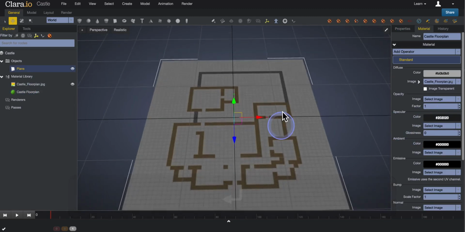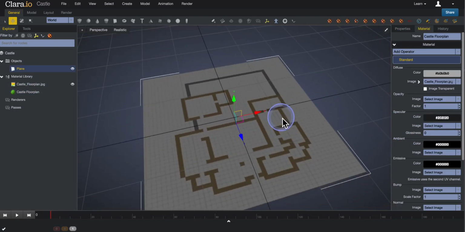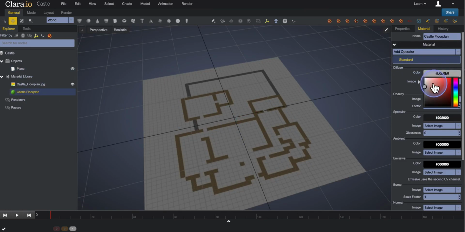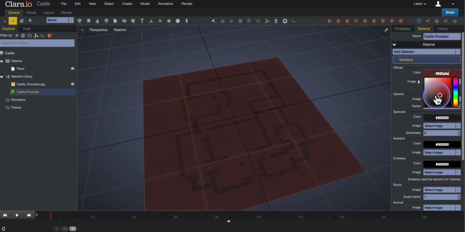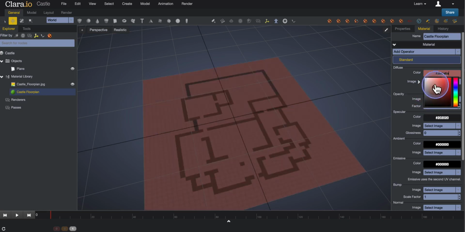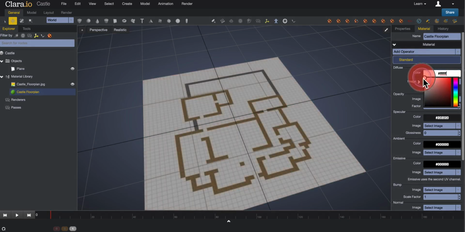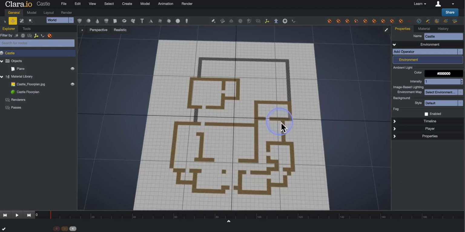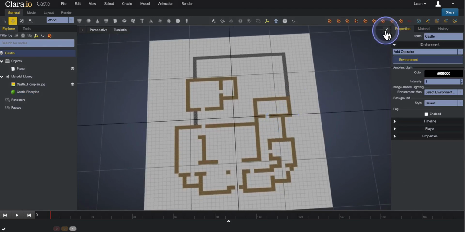And something else that I didn't show in the last video is that when you click on the material, right up here in the diffuse section where you choose the image, you do have the color picker here. And you'll notice that we have a middle gray. If you choose your color picker, you will see that you can change the color here. So I'm going to go ahead and choose just pure white, just so it's nice and easy there. Okay, so now,